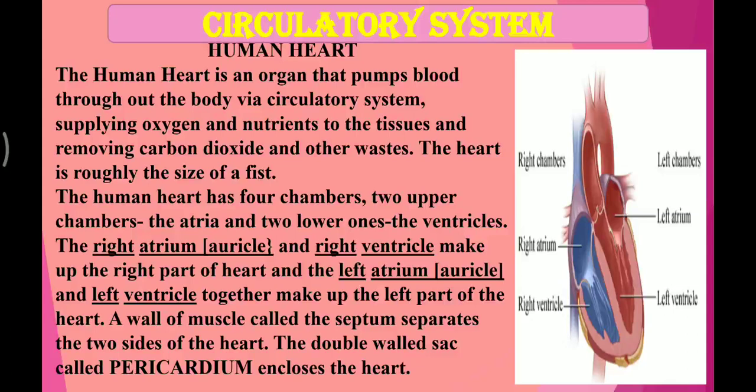And the four chambers, right auricle. Whenever I say, you just take out your hands also. Take out your right hand up, that is right auricle. Next, take your right leg out a little bit, that is right ventricle. Take out your left hand, that is left auricle. Take out your left leg, that is left ventricle. Four chambers, you remember? The right and left sides are divided by a wall of muscle called septum. And the heart is covered with two layers called pericardium.